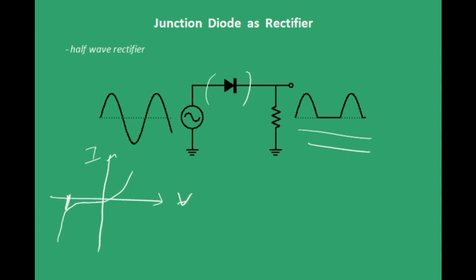Of course, if your current is somewhere here or the voltage is somewhere here, then you will have a limitation that there is too much current here, but we want it to not conduct when it is in the reverse bias region. So the condition is that the magnitude, or the amplitude, of your alternating voltage source should be less than the breakdown voltage of the diode.